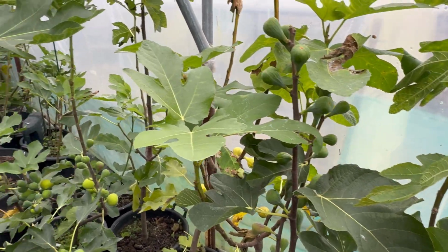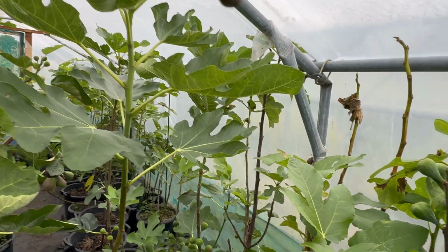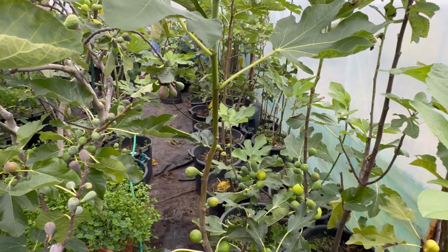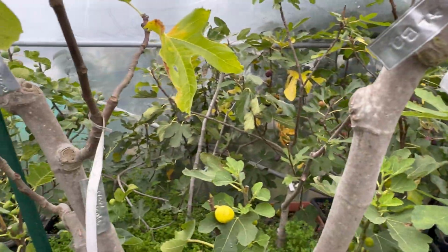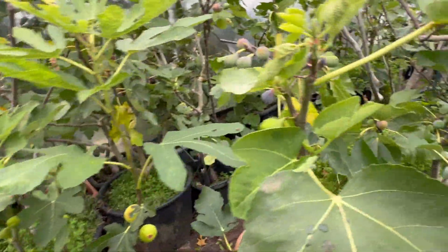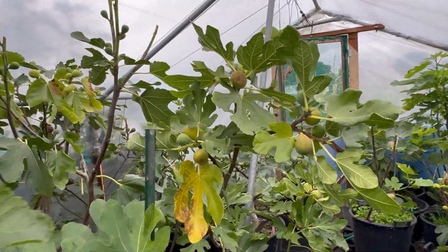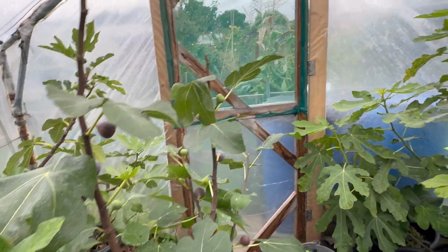just before I even went for a holiday family trip. And when we went away, one of my neighbors was watering and picking all the figs and enjoying themselves. So it's because I did tell them they can. So yeah, it's been quite good here. Unfortunately, I wasn't able to come around as much as I could. Wish I had the time, but yeah, so definitely I will think about holidays before I book them in the middle of summer. But like I said again, family is more important than